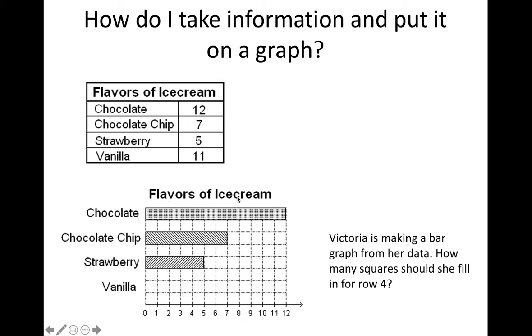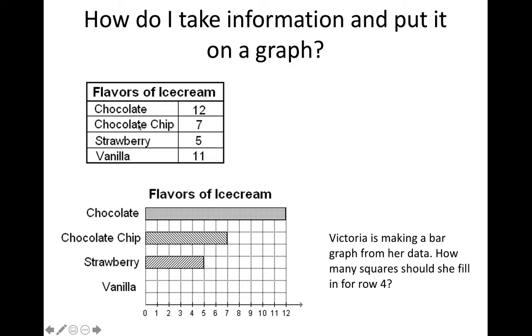So we have the flavors of the ice cream as her title. We have the 4 flavors that she's comparing. And then over here would say how many and the numbers. And as you can tell, the numbers don't go from 0 to 10. Over here, it ends at 12. And that's because the numbers over here on her chart are greater than 10. 11 and 12 are greater than 10, so we just needed to include some higher numbers